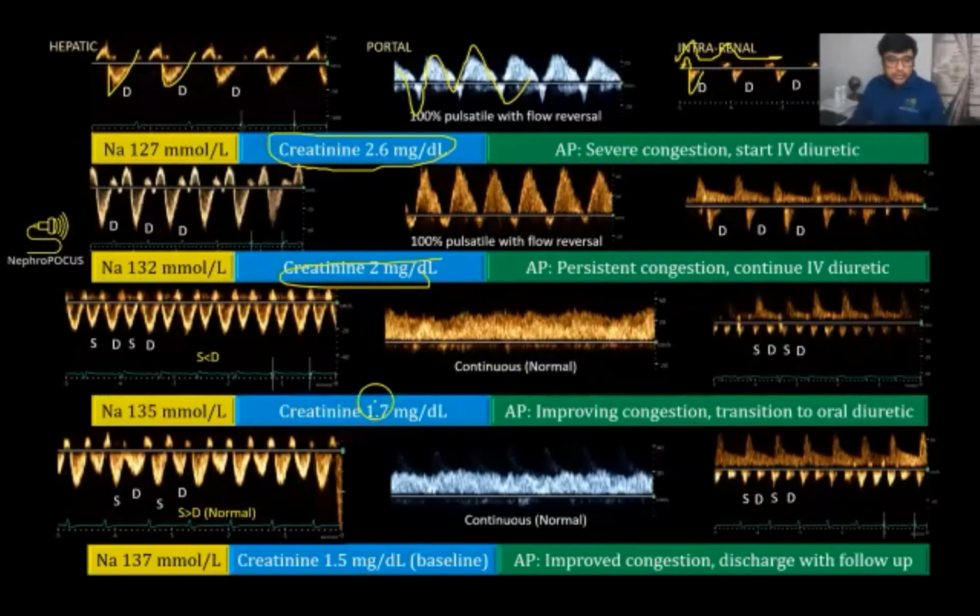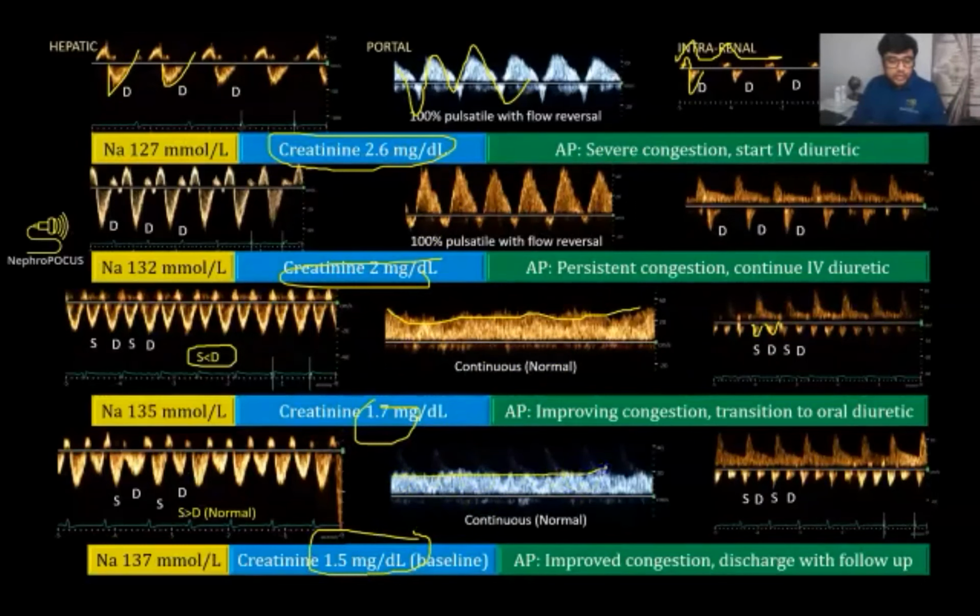And after that, the creatinine improved to 1.7 milligram per deciliter, and the portal vein has almost normalized. Hepatic vein also got much better, though S remained slightly less than the D wave. It's very mildly abnormal. Intrarenal vein also improved. Now you see biphasic pattern instead of monophasic. And with creatinine going to baseline of that patient who had CKD,